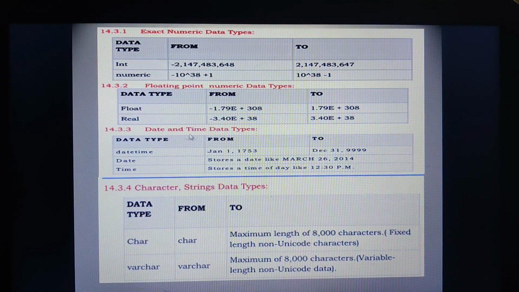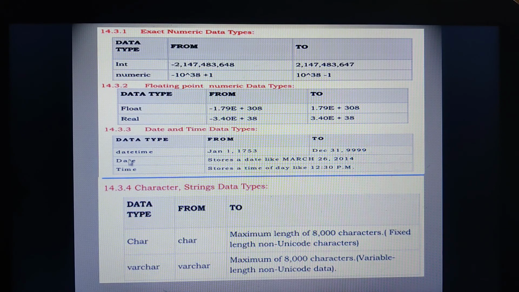Then in case of date and time data types, datetime will store from the calendar Jan 1st 1753 to December 31st 9999. Up to this date it will be able to store the data in the database.